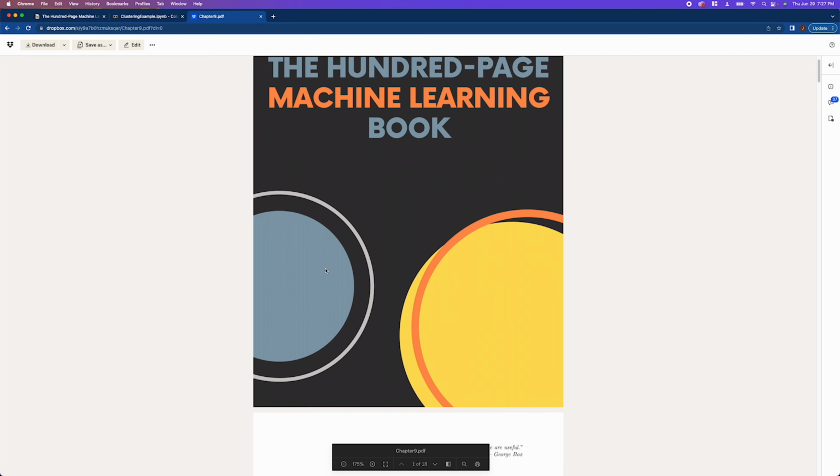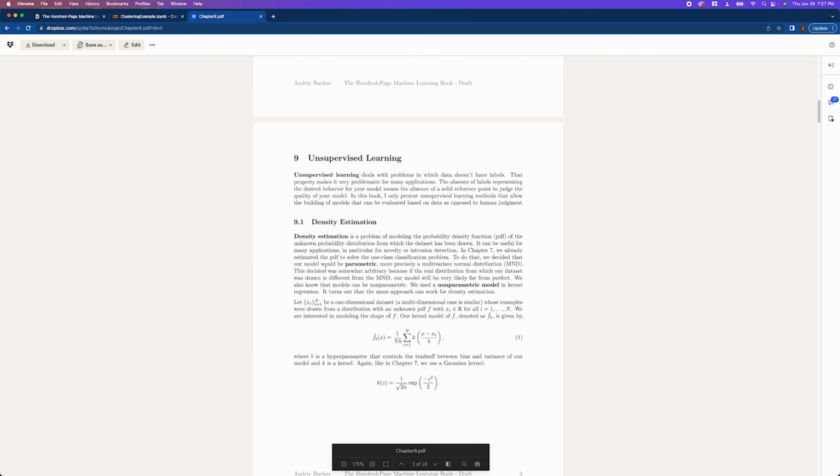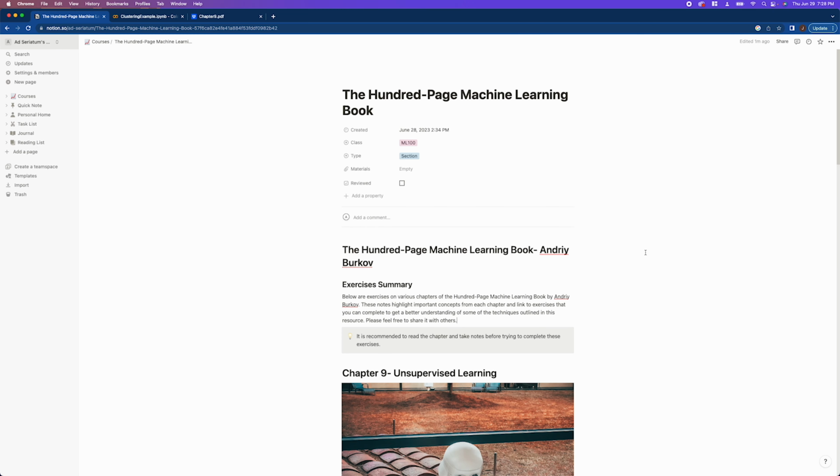Today what we're going to do is go through a specific chapter. That is chapter 9 on unsupervised learning. And specifically, we're going to be going over the new method which Andriy Burkov coined for finding an optimal K for K-means clustering. Now, if we go to this Notion page here, which is down in the description, you'll see